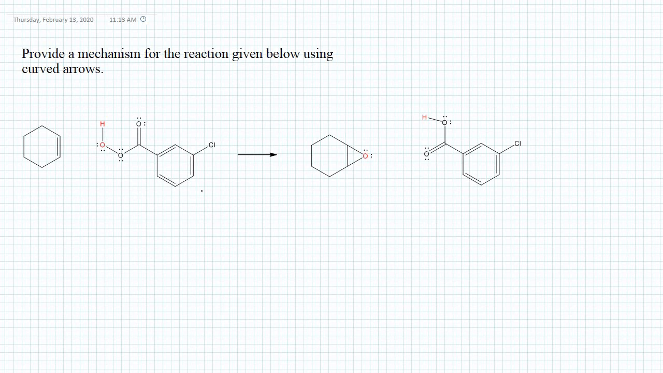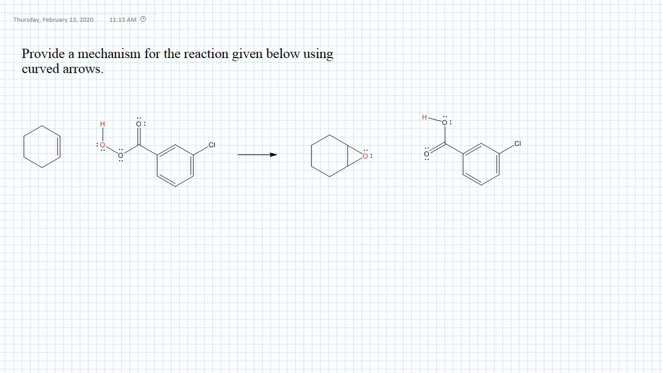Hi, in this tutorial we are going to solve a question related to mechanism. The question asks, provide a mechanism for the reaction given below using curved arrows. Let's look at the reaction. We have here an alkene, cyclohexene, and here we have a peroxyacid, which is